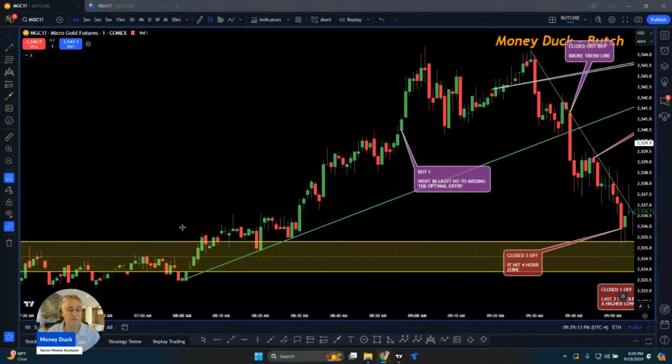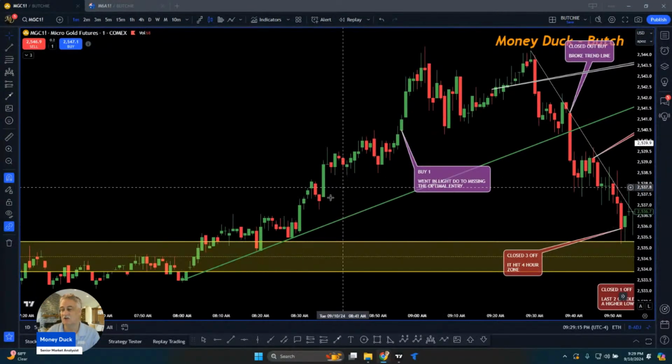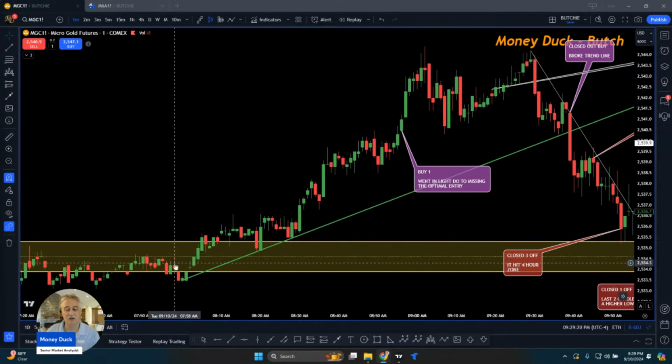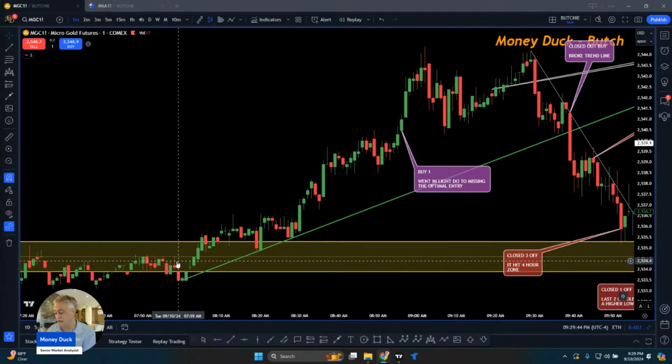So let's get started here. All right, so first we're starting out with gold. We basically look for a couple zones as we're trading. We use trend lines, but we also use zones. The zones that we use are off of 4-hour time frames. So we go out to a 4-hour chart, or even a daily chart if we can't find something on a 4-hour. And then we look for a swing. We look for a swing low, a swing high. So a swing up above where we're at, and a swing down below where we're at. And then we'll mark those two